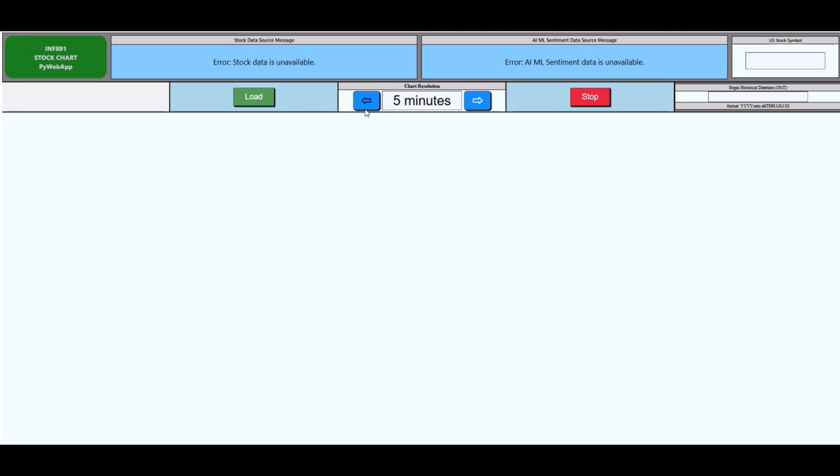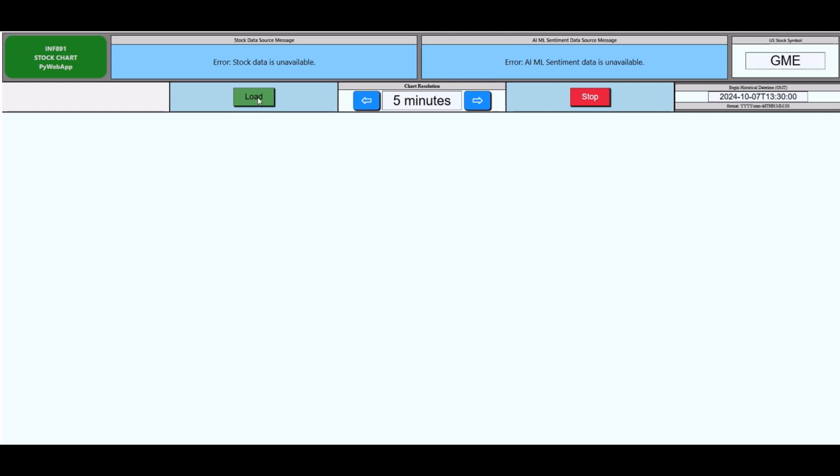The control here sets the resolution. It can be set to either 1 minute, 5 minute, 1 hour, or 1 day, and the testing was done on the 5-minute resolution, so we'll stick with that. Let's provide a GMT. This is a historical date time. 1330 is actually 9:30 New York time, US New York time. Put in a stock symbol,